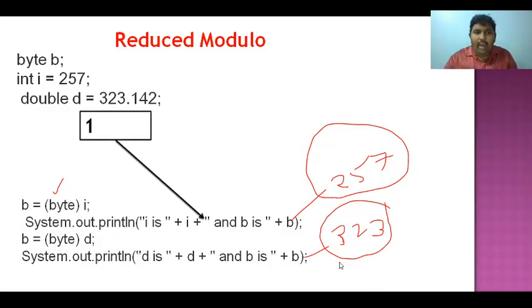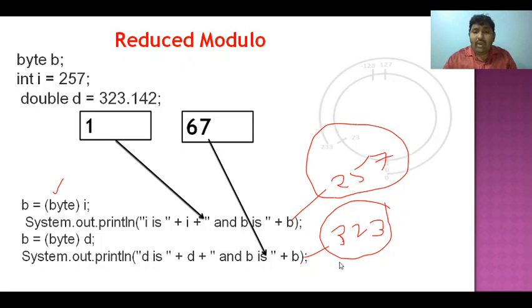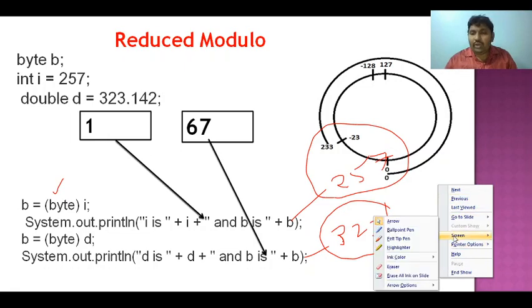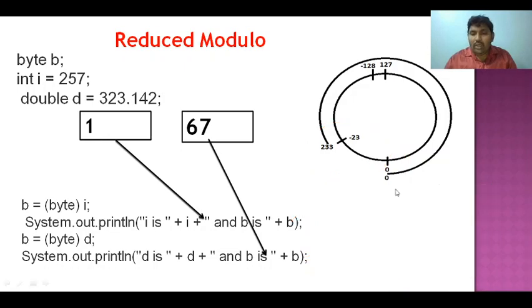Here what is going to happen is, the b value for integer is giving 1, for double it is giving 67. Why it happened is, there is a concept called reduced modulo. What is this reduced modulo? Basically the byte capacity is positively from 0 to 127, negatively from minus 128 to 0. So for example, if you store more than 127 any value,